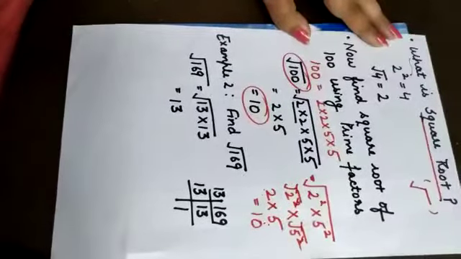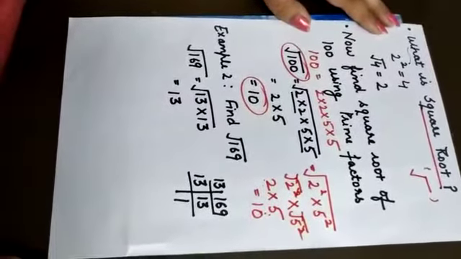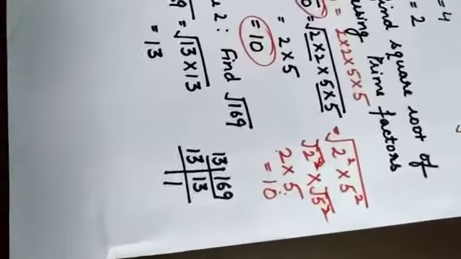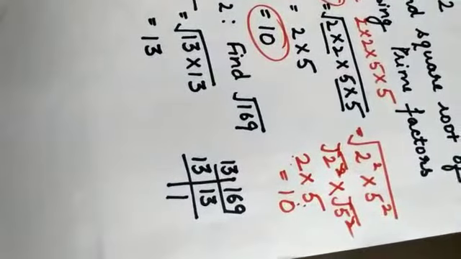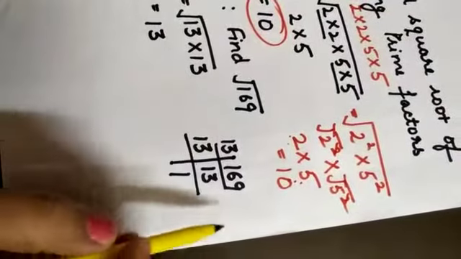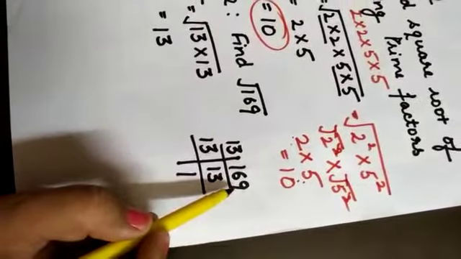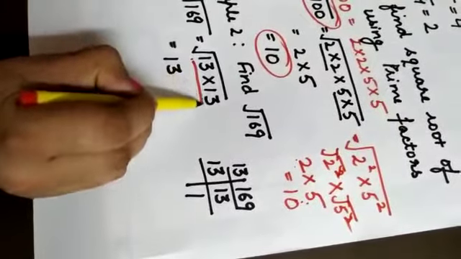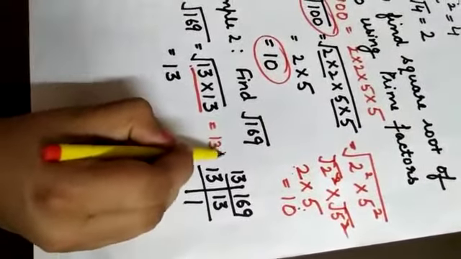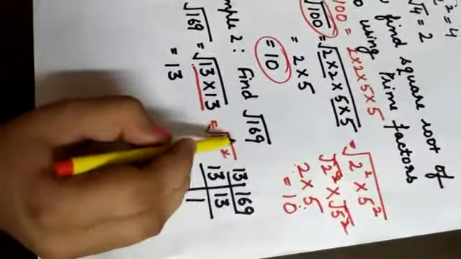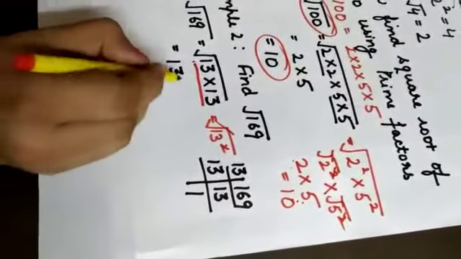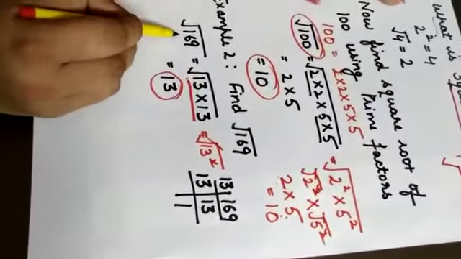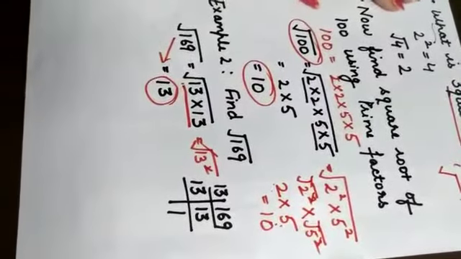Right? Let us take another example, that is the square root of 169. What is the least prime number by which 169 is divisible? That is 13. So considering the prime factorization of 169, it is 13 into 13. So, let's take the square of 13. This square and this square root cancel out and the answer is 13. So, the square root of 169 is 13.